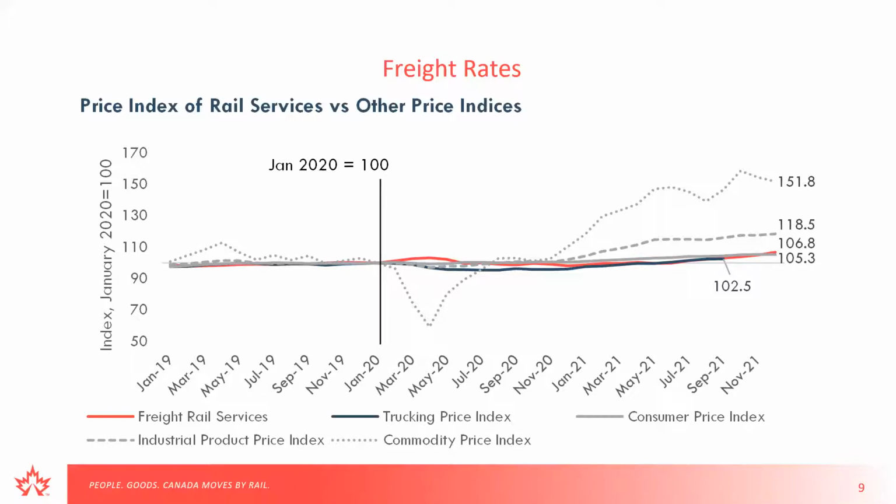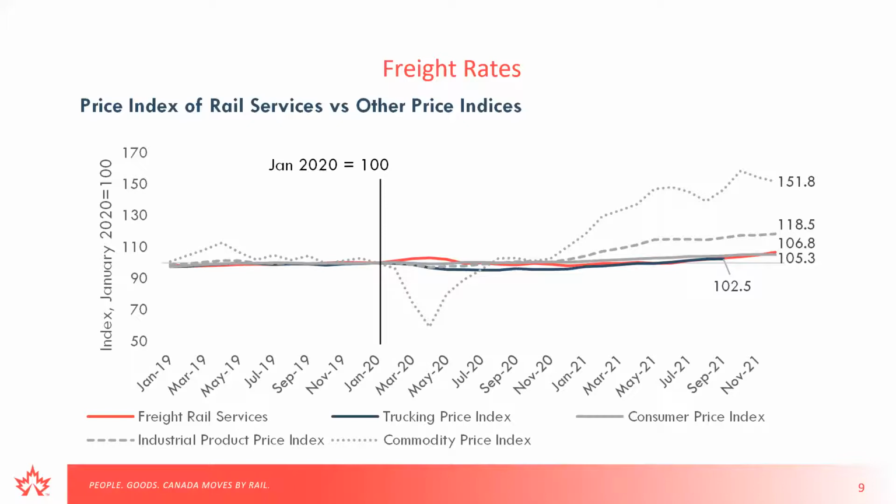So in this graph, we also provide data back to 2009 to understand the volatility of these indices before the pandemic. And we know that most of them are relatively stable, except for commodity prices. So big swings are expected in commodity prices relative to the other ones. Freight rates for rail, according to StatsCan sources, didn't really increase for the first 18 months of the pandemic, or at least through until about July 2021. It was around the same level as January 2020, and then it slowly increased steadily over the last few months, and they're about 7% higher than they were in the past.